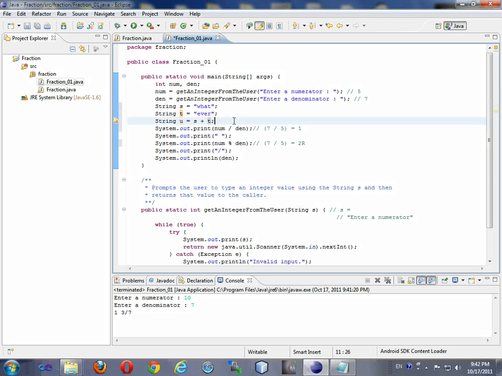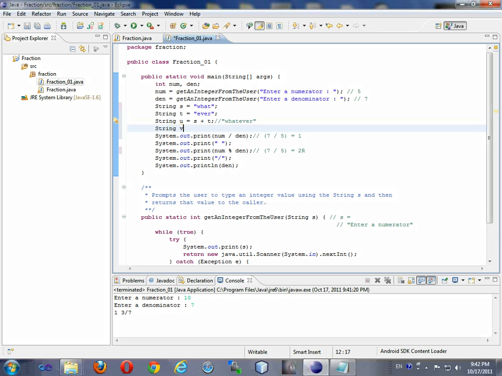So you're saying u is equal to the string whatever. You can also do it like this: string v equals what plus ever. Now of course you could put that in just one string, but I'm just proving the point that you can add two strings together. You can add two string variables together, and you can also